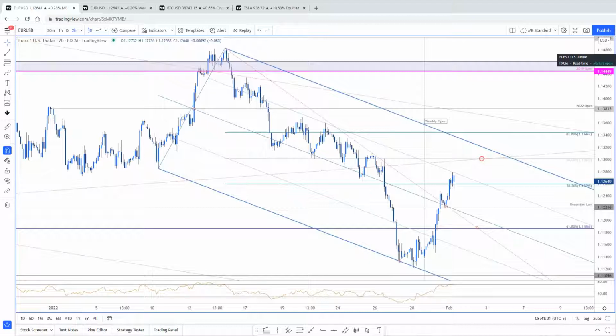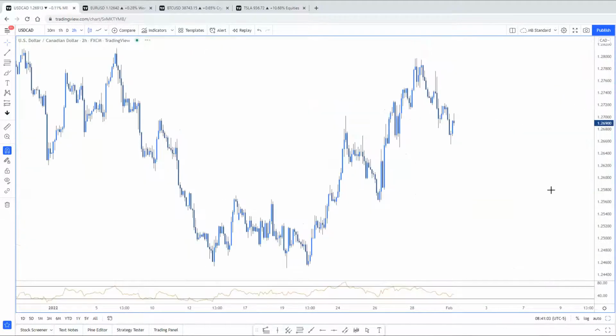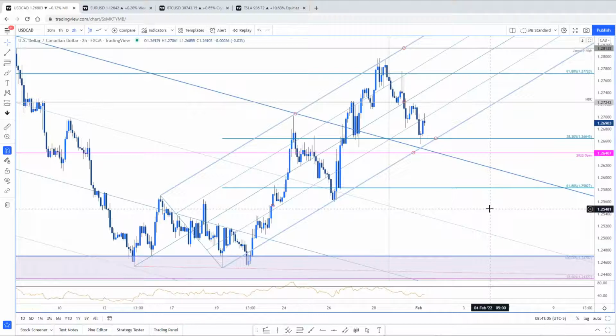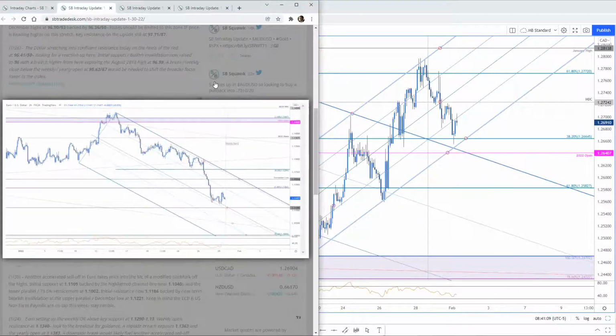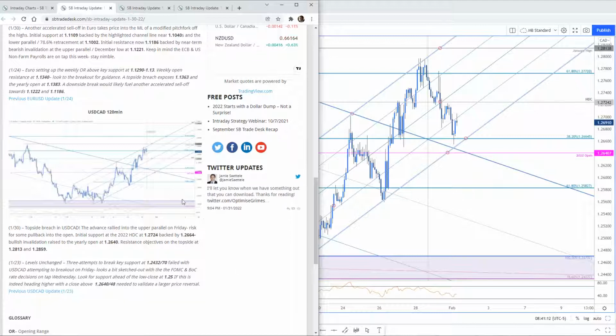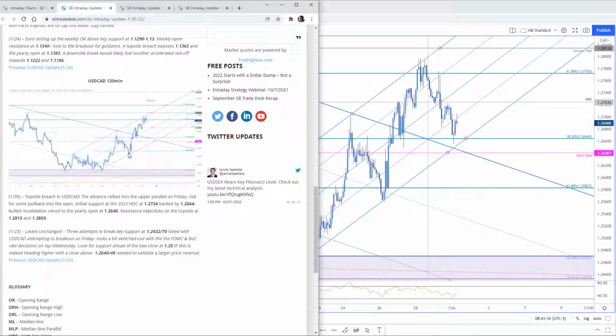Number 3, one of my favorites thus far, has been dollar CAD. Really, really clean price action. It dropped exactly the zone that we were essentially looking for. Here's what dollar CAD looked like right into the start of the week. We said, keep in mind, I didn't make this an expandable chart. I am sorry about that.